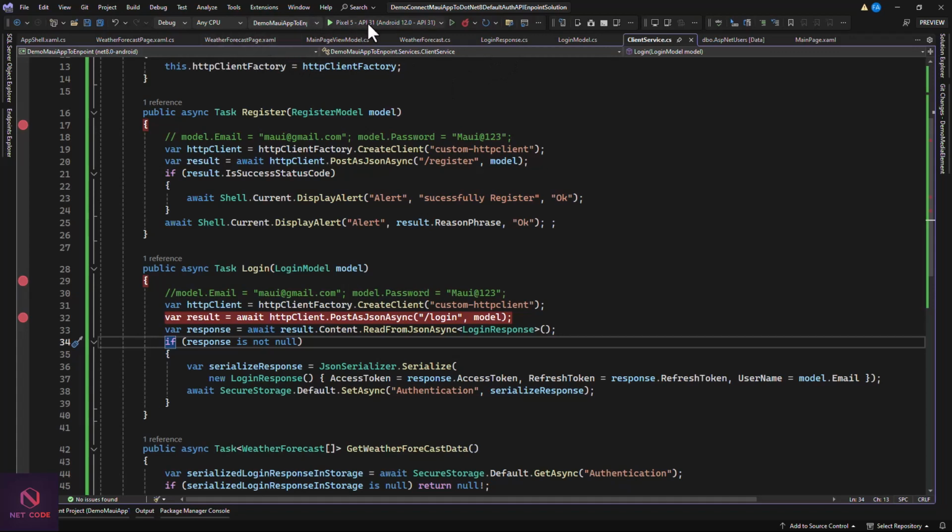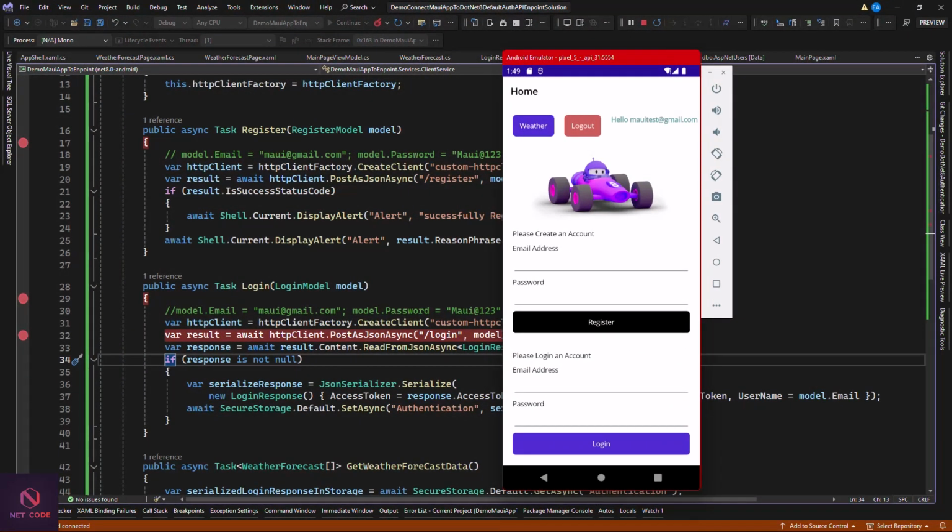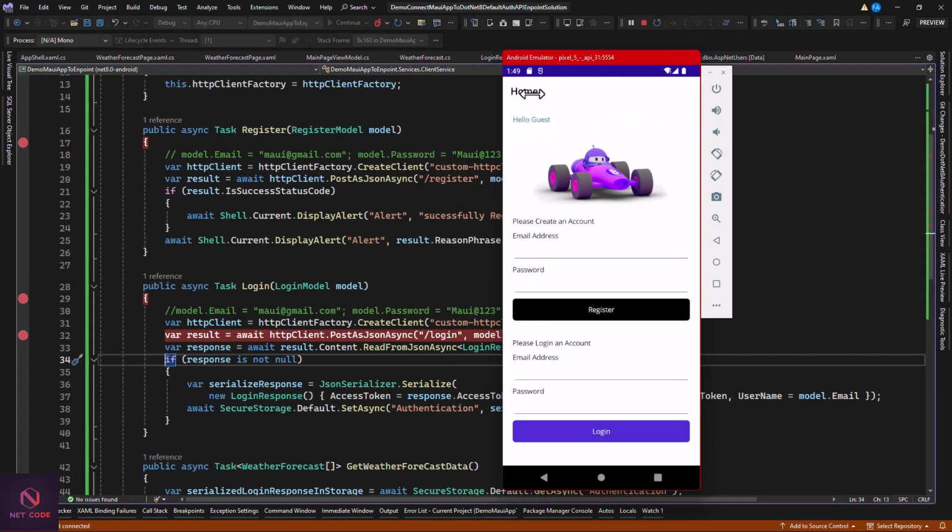All right, so as soon as the page reloads, we did not click on the login button, but we see we have the email set over here and we are logged in. The reason is we have the data in the local storage or the secure storage already. So instead of hiding this, this is open because we authenticated already. If I click on logout, you can see we have nothing here. Now let's log in then, so test@mail.com,